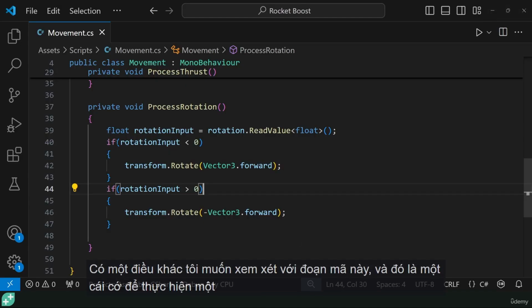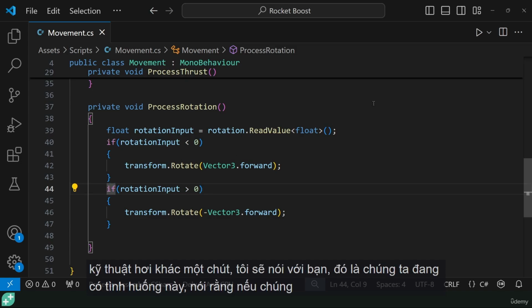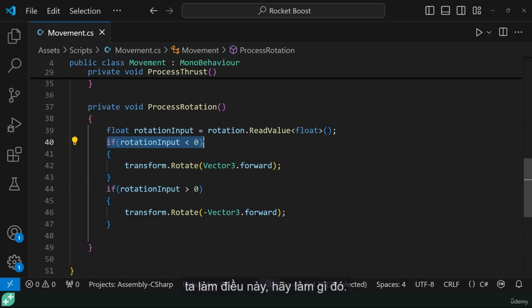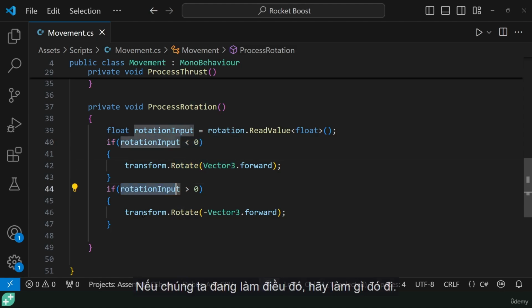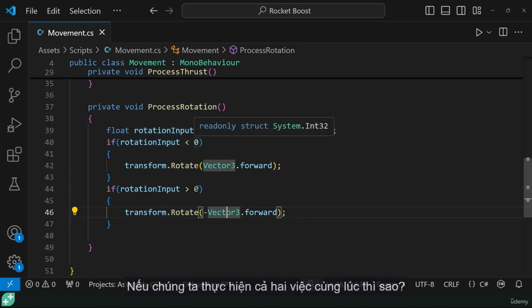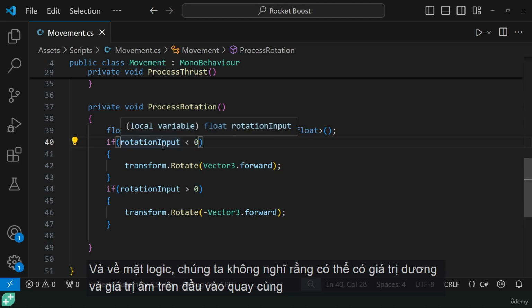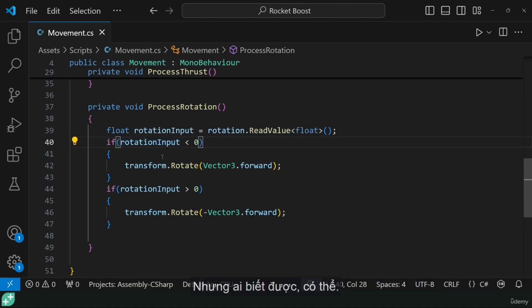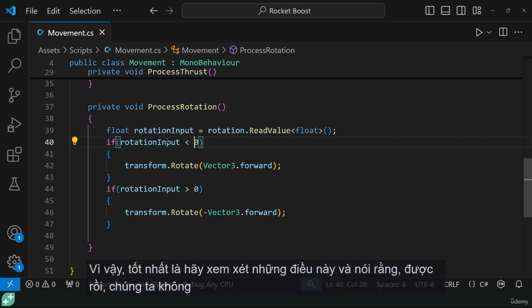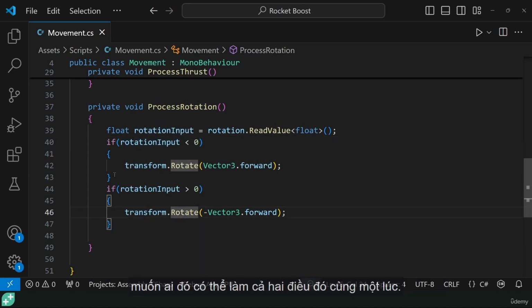There's one other thing I want to look at with this code here, and it's an excuse to do a slightly different technique. We've got this situation now that's saying if we're doing this, do something. If we're doing that, do something. What if we're doing them both at the same time? And logically, we don't think we can have a positive and a negative value on rotation input at the same time, but who knows? Maybe there's some way for that to happen. So it's good practice to have a look at these things and say, okay, we don't want someone to ever be able to do both of those things at the same time. And the way